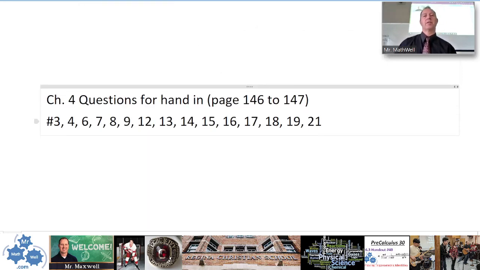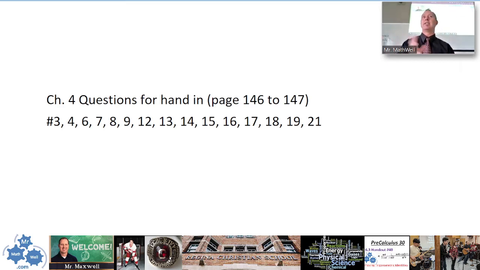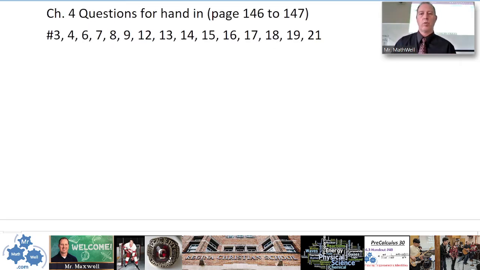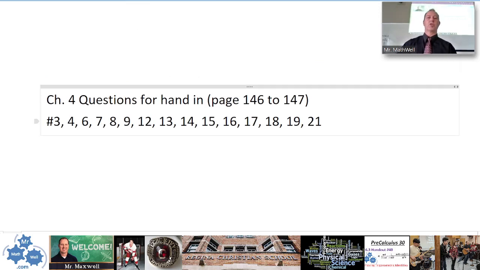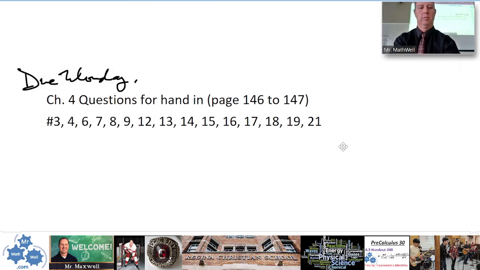So I think you should have these questions from your textbook written down. There will be some terms, some little things in there that we haven't covered in the notes that you'll have to look up in your textbook. For example, I know some of you asked me about cohesion and adhesion. Some of the questions ask about that. If you do have questions about these, you simply can't find the answers in the textbook or in the notes, please feel free to ask. These are the questions that you're going to be working on from your textbook. Could you help